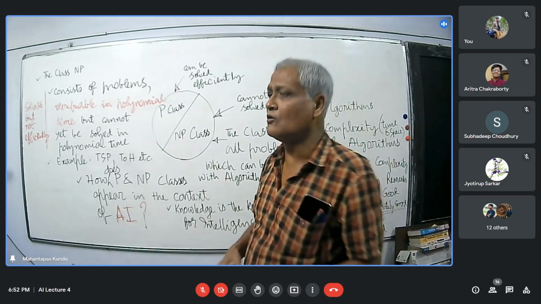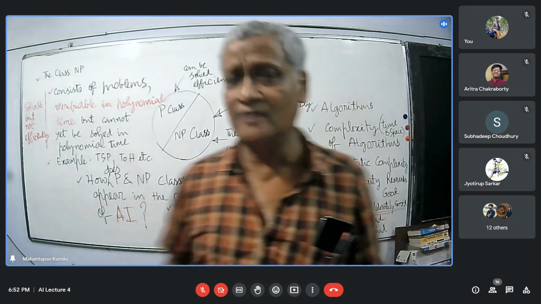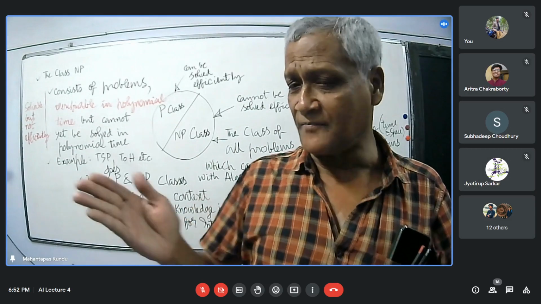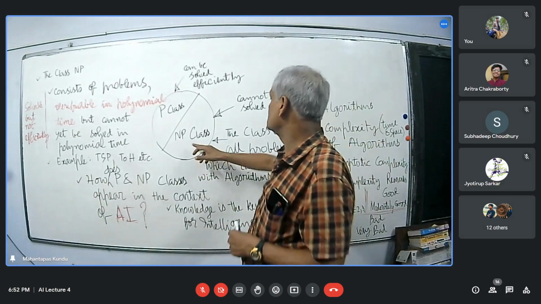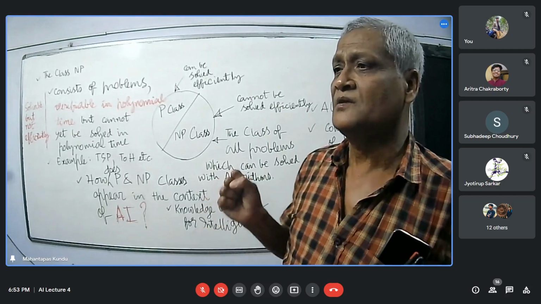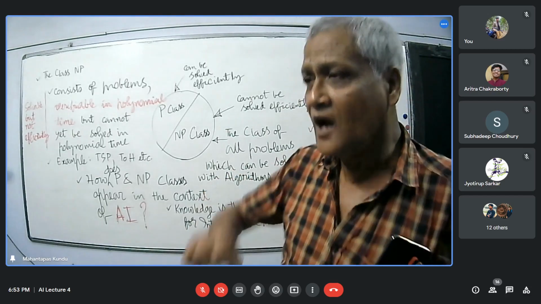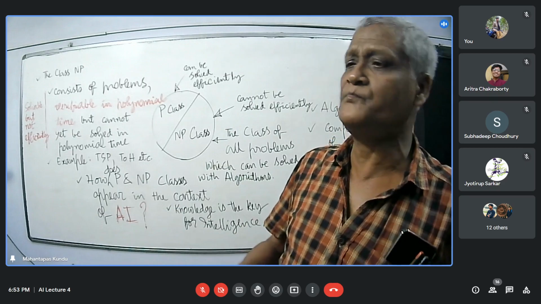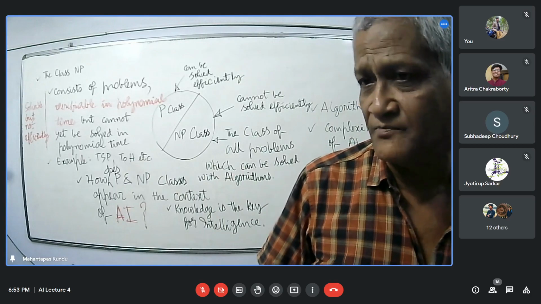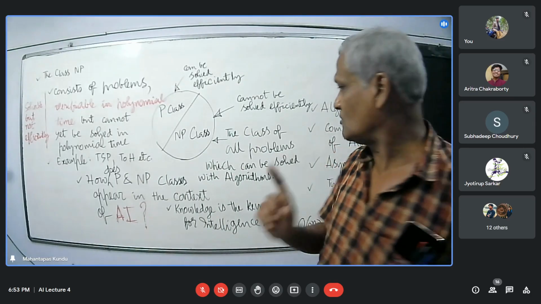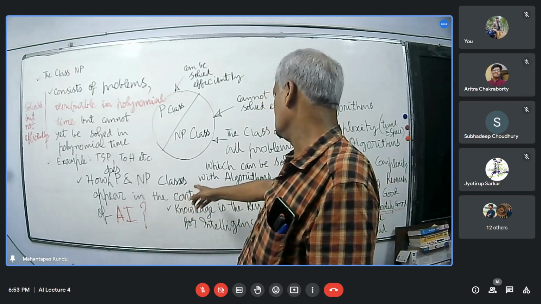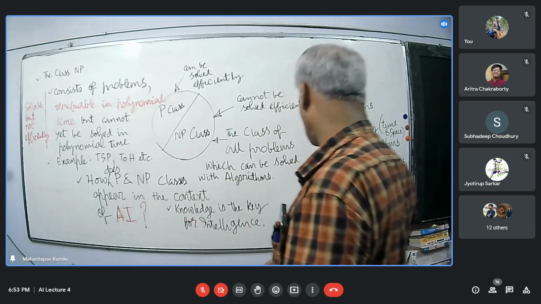And once we know how to encode and apply knowledge on a computer, we can apply it for solving the NP class of problems. Because it teaches us how to apply knowledge efficiently, to have a quicker solution for a problem. So this is why we are discussing P and NP classes of problems in the context of AI.